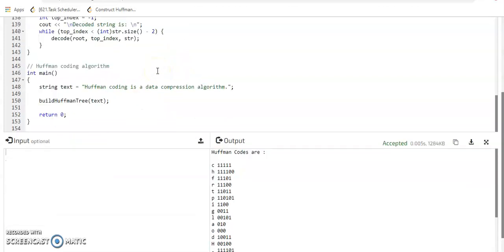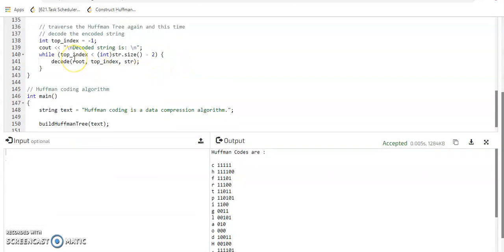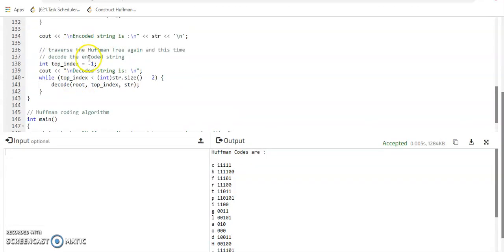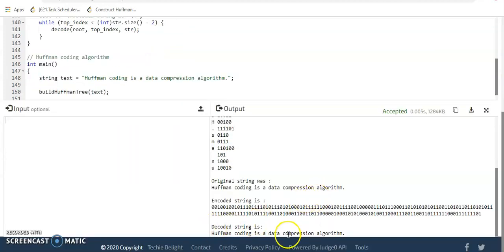We have printed it here, and the next task is to traverse the Huffman tree once again to decode the encoded string. Now the top index is initialized to -1, and here we have called the decode function, which has the recursive call. It shall decode the particular characters' binary codes till we reach the particular character, and after performing the decode we get the original string.